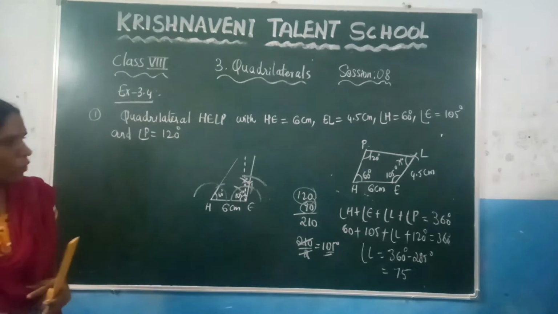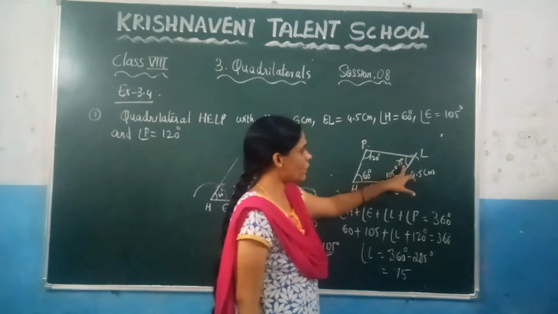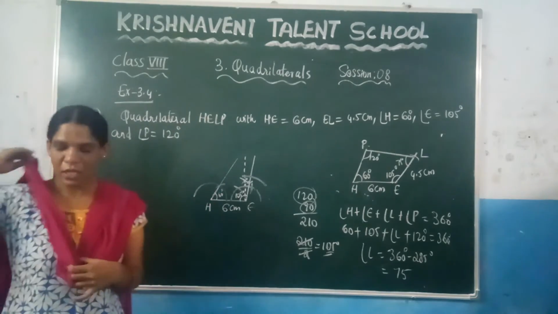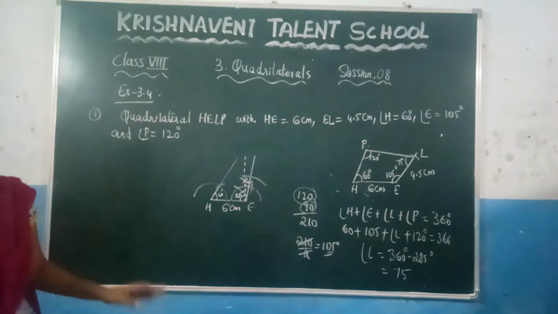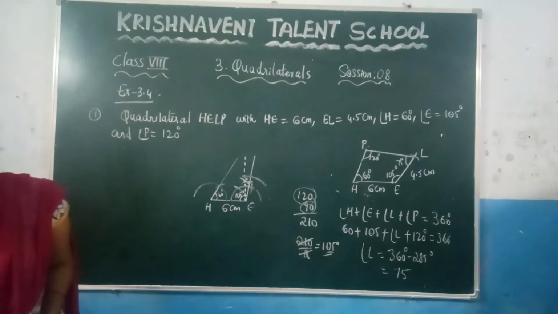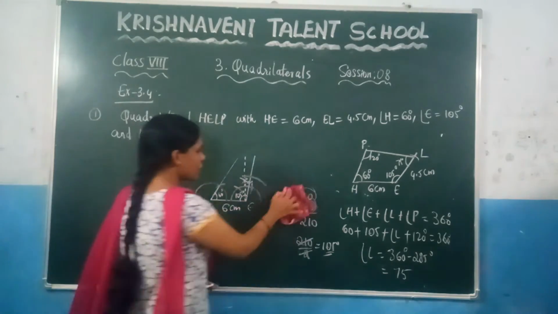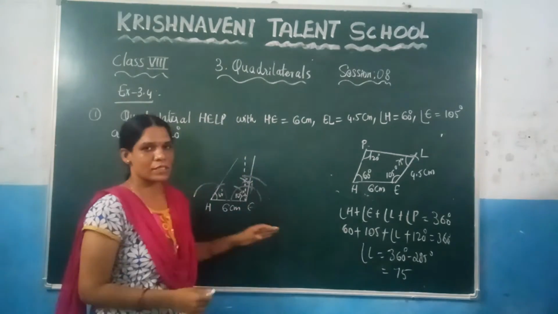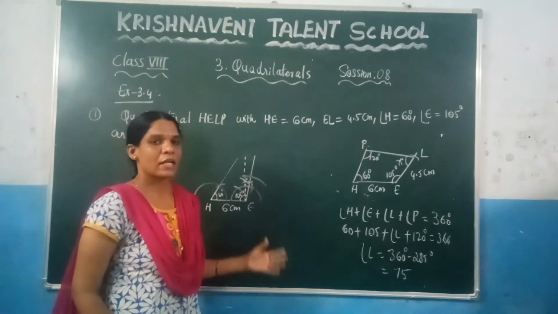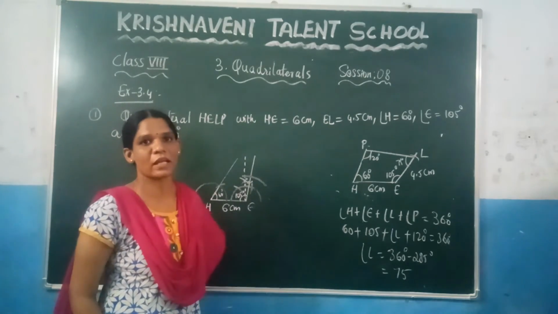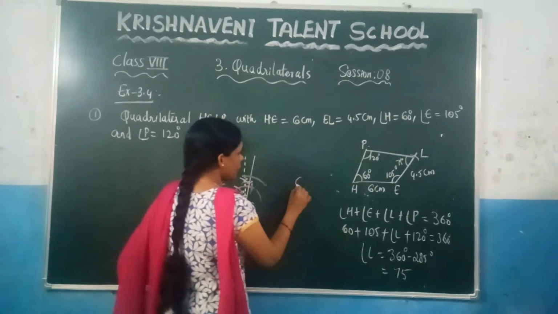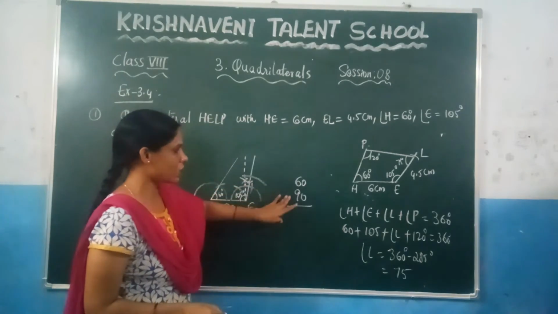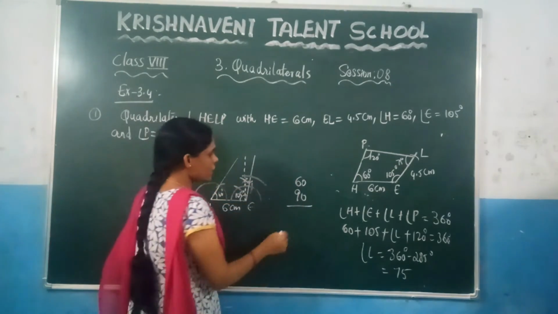So here now what we need to do, we need to construct 75 degrees with the help of the compass. Without using the protractor you need to construct. If you want to construct, first you need to check in between which angles you will get 75. So here for that first check it here. That means you know how to construct 60, 90 and 120. Now check in between which two angles you are getting this 75. Let us see here, 60 and 90. First you construct 60 and after that construct 90 degrees. Now add these two values, what you will get?